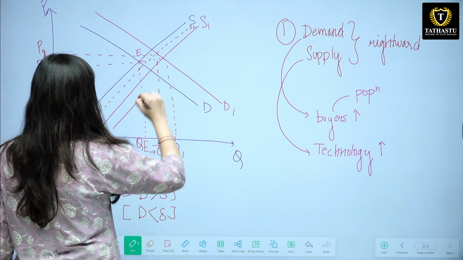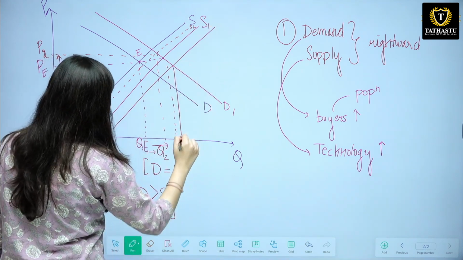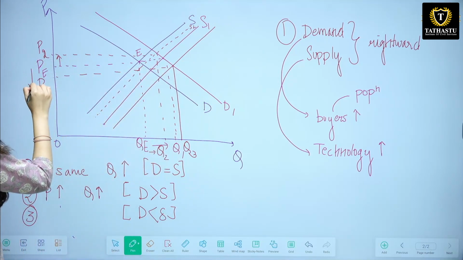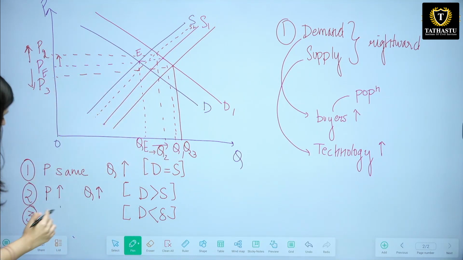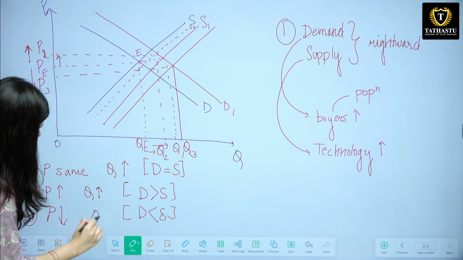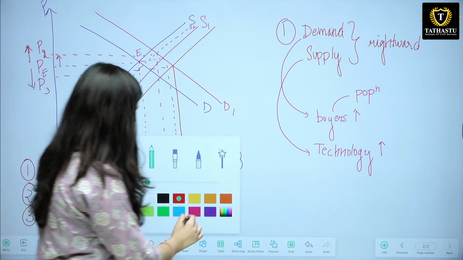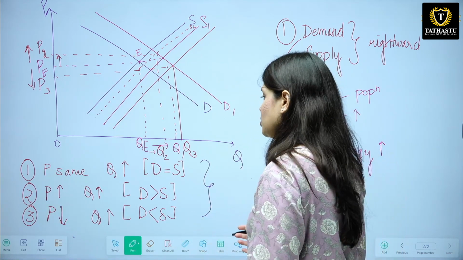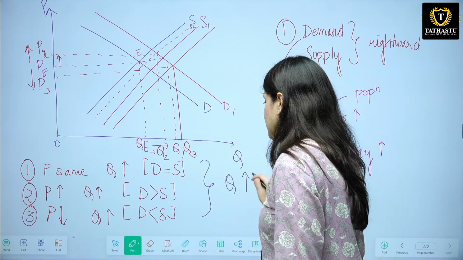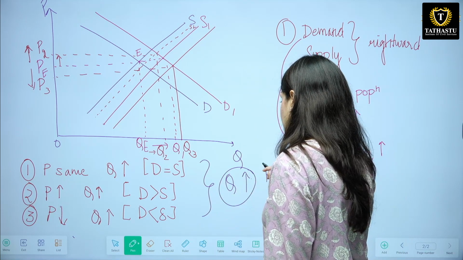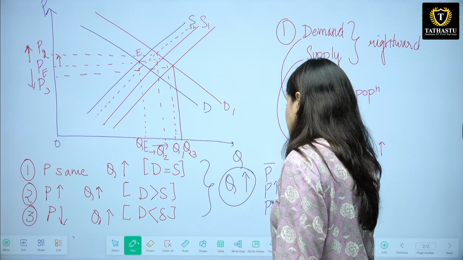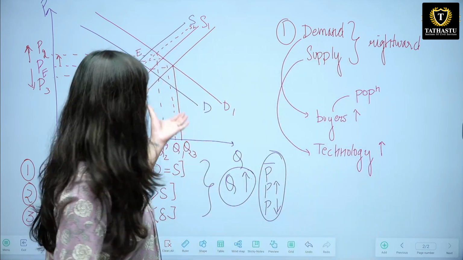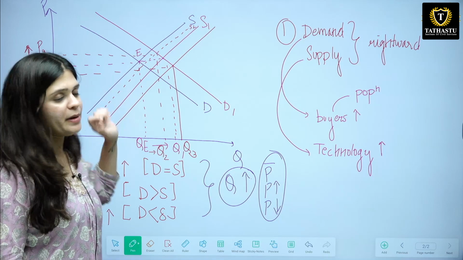So in this case the supply curve will be more here, this will be Q3, and price will fall in this case. Okay, so price will fall, quantity still increasing. So what can we infer from this? We can infer that when both shift towards right, the market works in such a manner that quantity is always increasing, but the price may stay the same, price may increase or price may decrease depending upon the severity, or we can say the relatively how much demand is increasing and how much supply is increasing.